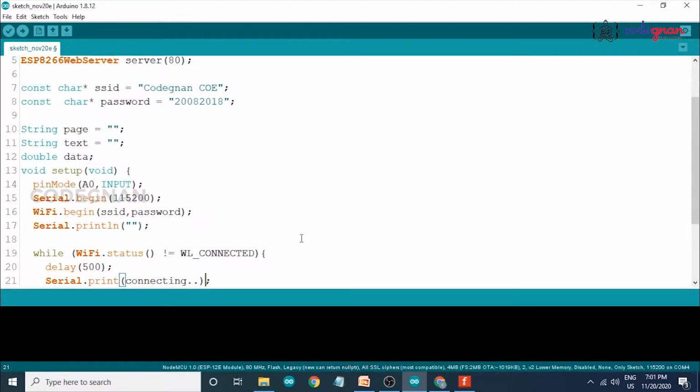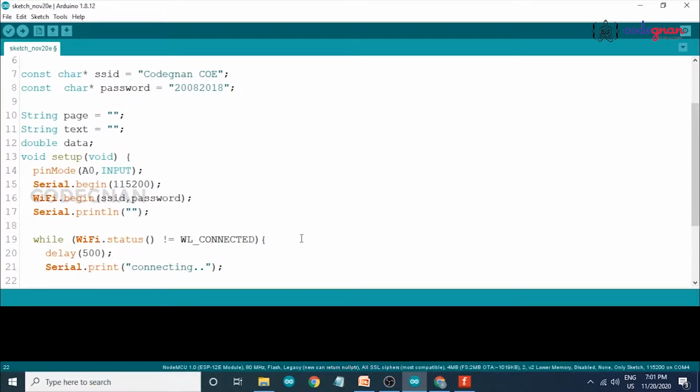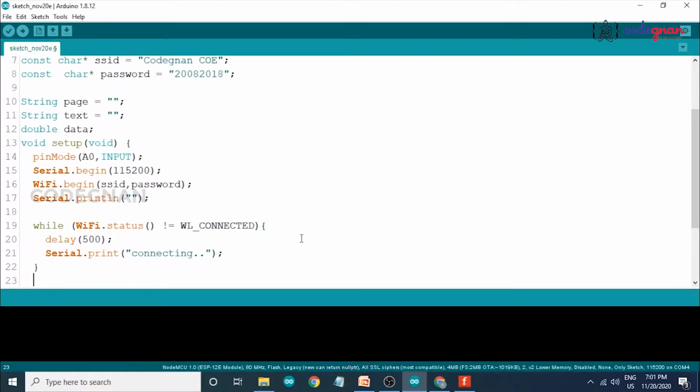So now close our loop. Void setup runs only one time. If you press the reset button, it also runs only one time.